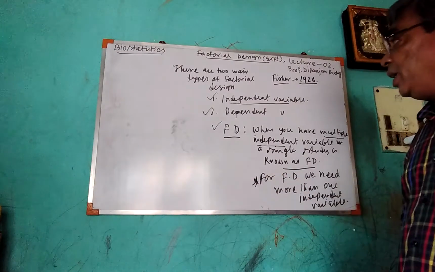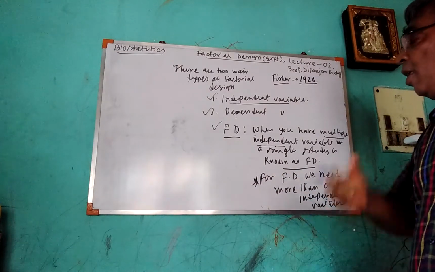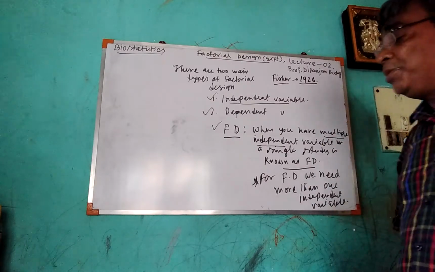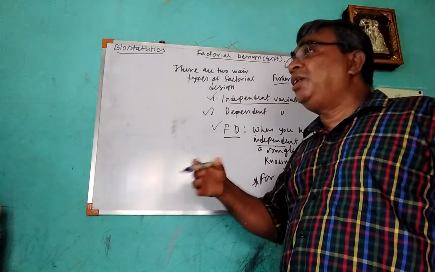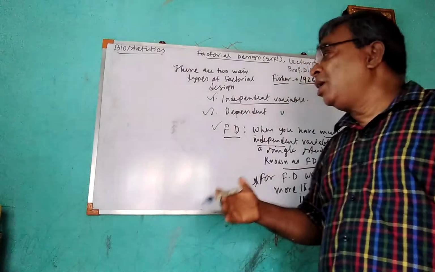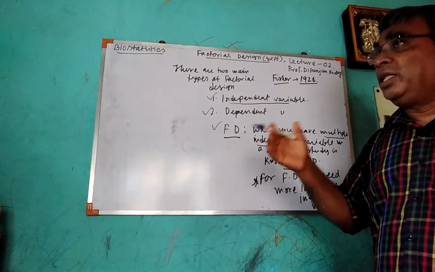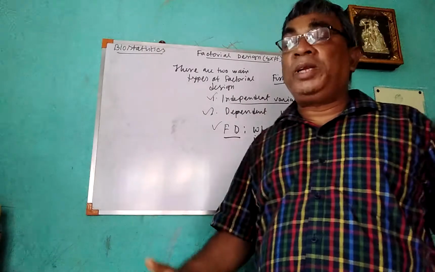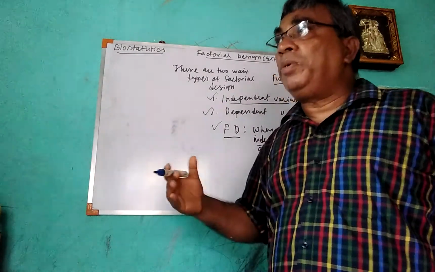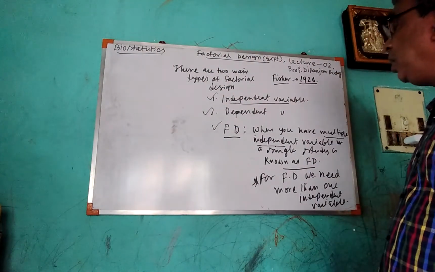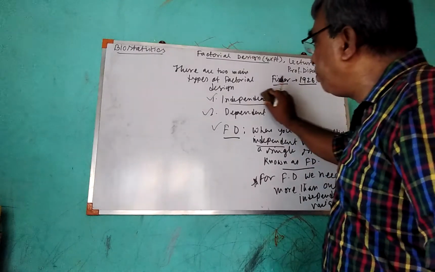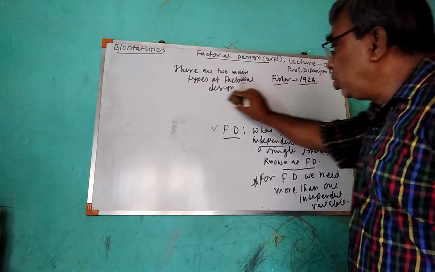Now let us understand what independent variables are. Let me give some examples, since you may not be understanding. Independent means not depending on each other. Dependent variable is the variable which depends on the independent variable. So if I give a proper example, then you will understand clearly. Let's see an example of independent variable and dependent variable.